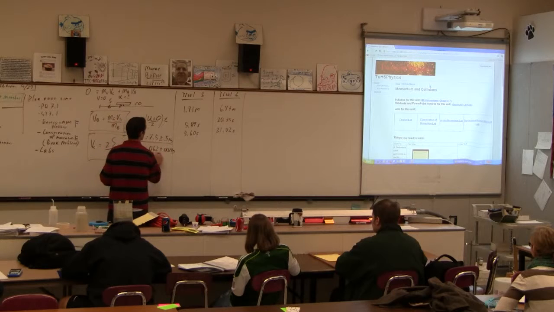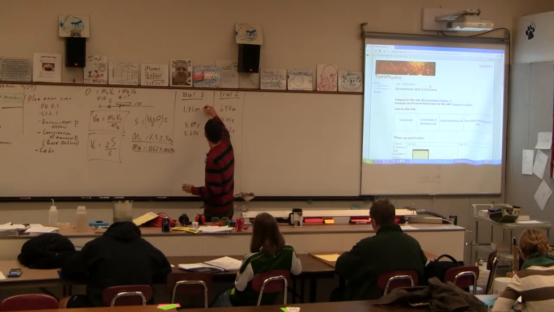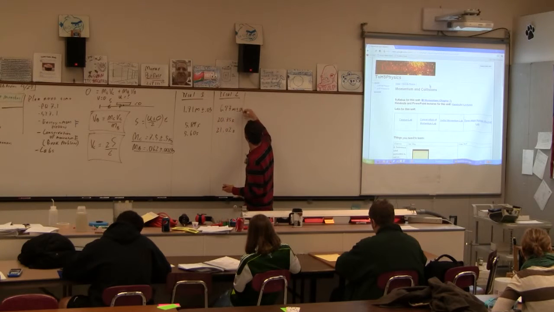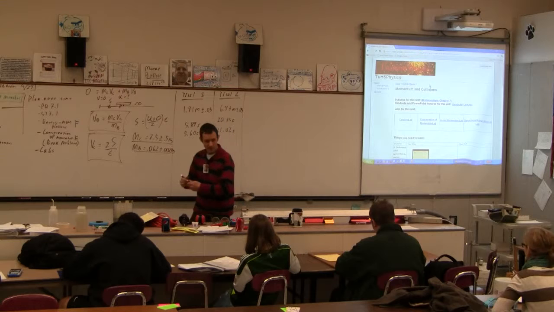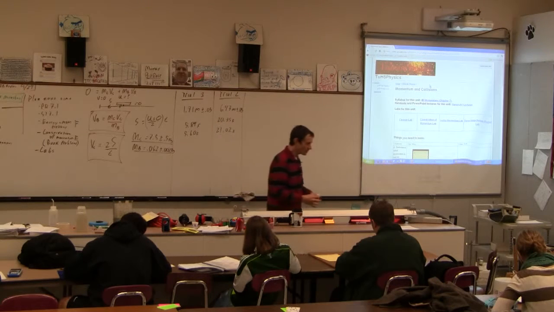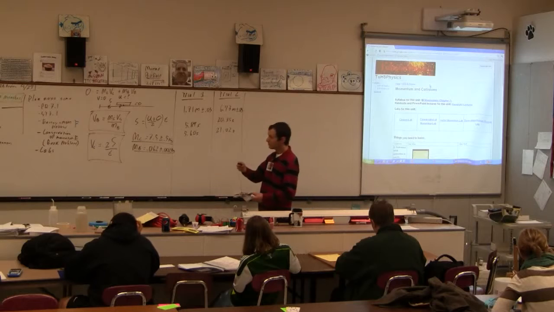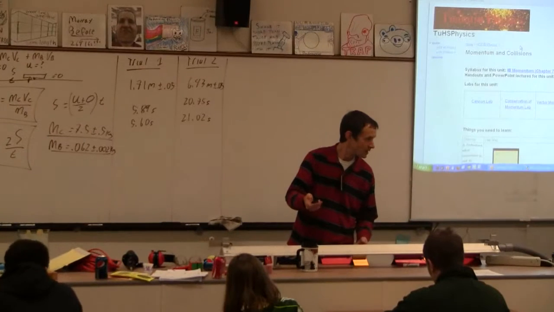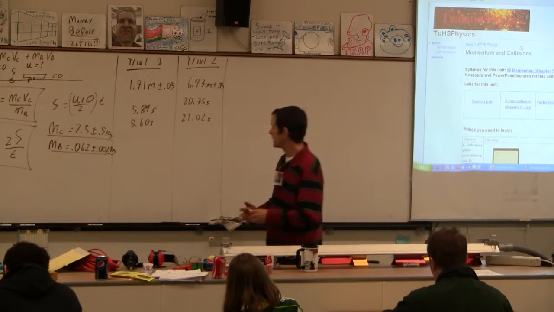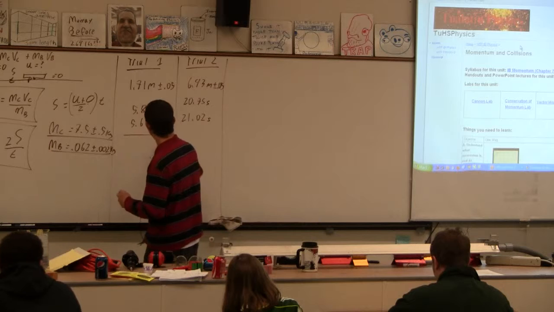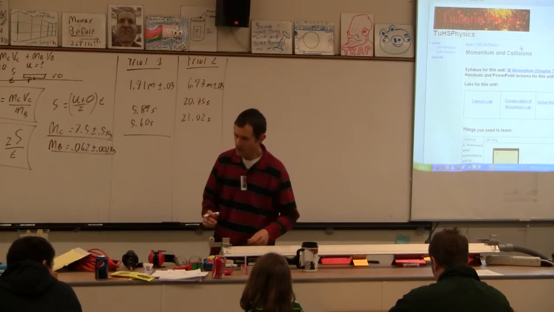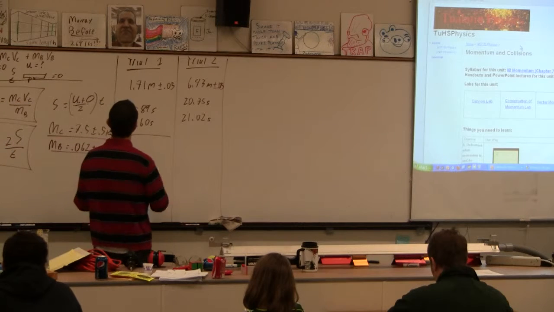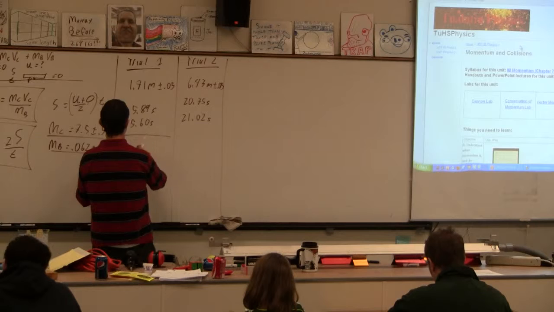Right? We need that. I would say these distances are probably plus or minus 0.05 meters, right? And then these times can be represented as an average, plus or minus something, can't they? Yep. Okay, so let's do, I'm going to do trial 1, and then you guys can figure out trial 2. Okay, so trial 1, this is